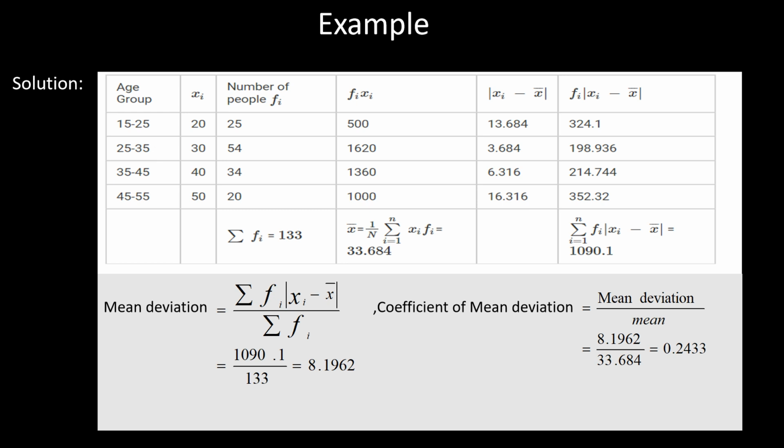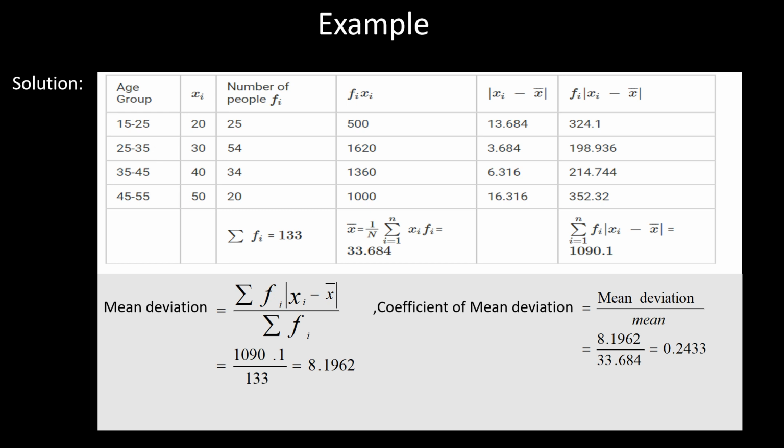Now, after finding out whether it is inclusive or exclusive, if it is exclusive, we move to the further procedure. First of all, we have to find the mid values of the given classes. The average of the lower limit and upper limit gives the mid value of that class. Here, the first class is 15 to 25. The average is (15 + 25)/2, which gives 20, the mid value of that class. Similarly, you can find it for the remaining classes also.